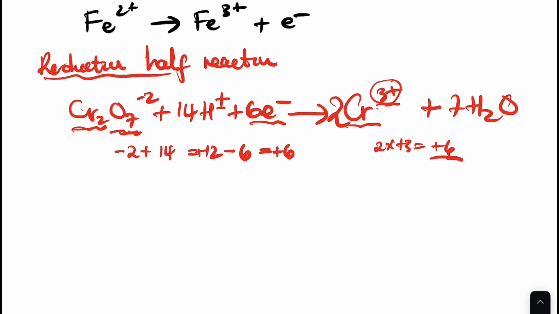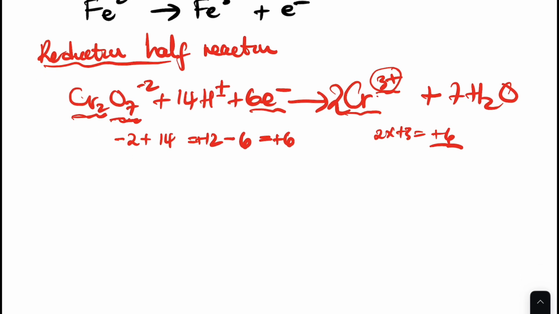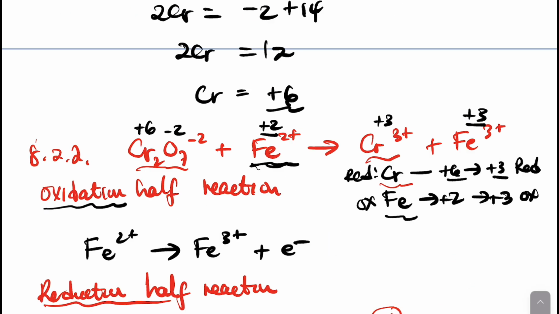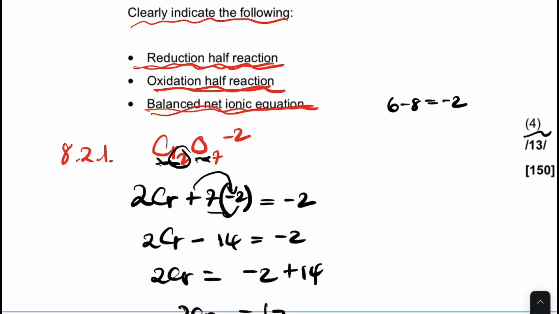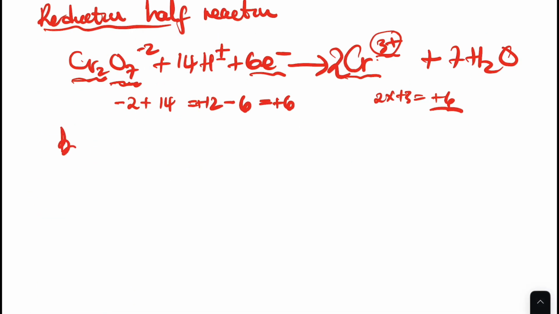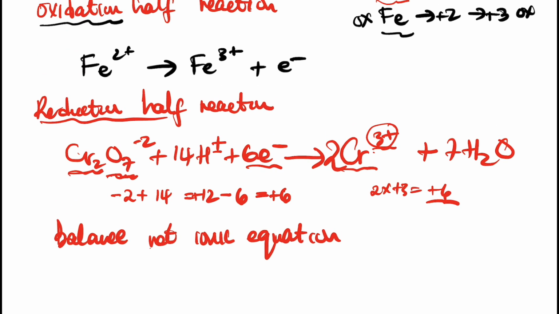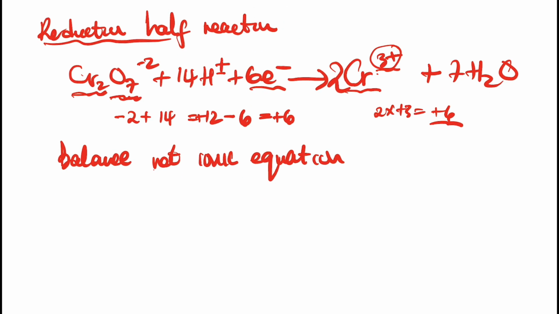Now let's go to what we call a net. Now, making a net, it's a balanced net ionic equation. For the balanced net ionic equation, you must have your oxidation and your reduction, but the electrons need to be balanced. Do you see how many electrons do we have? We have 6 electrons in the reduction. In the oxidation, we have 1. So that means we have to times this by 6. So when we times by 6, our oxidation